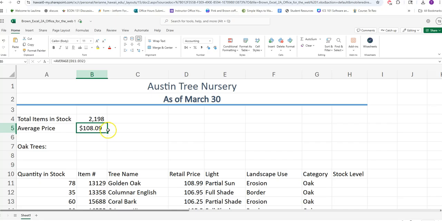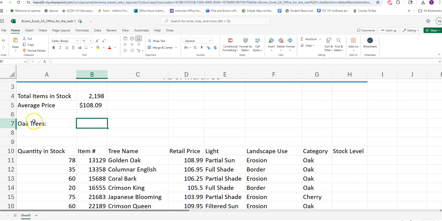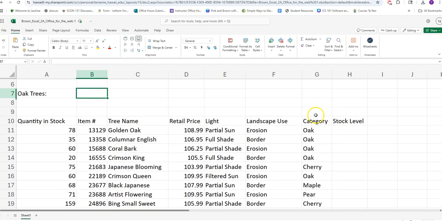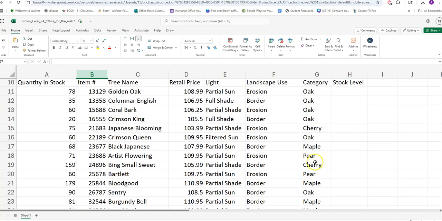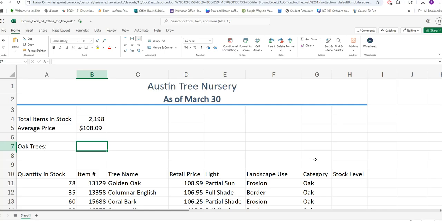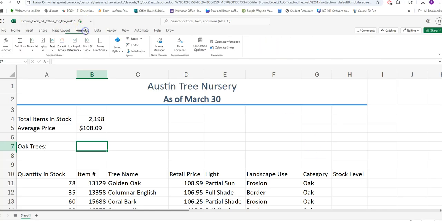For step 6, we're going to go ahead and click in B7. Notice that next to it we have oak trees. What we're going to do now is use a count function that's going to count all of the instances of oak here in the categories. So we're going to go up to our Formulas tab, and then in this large Function Library group,